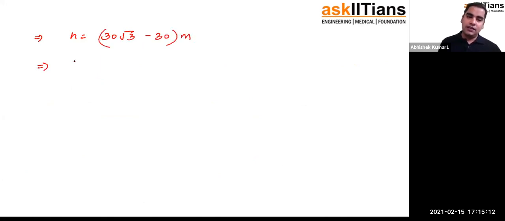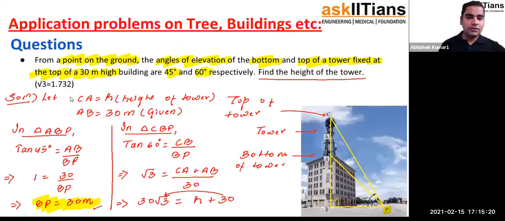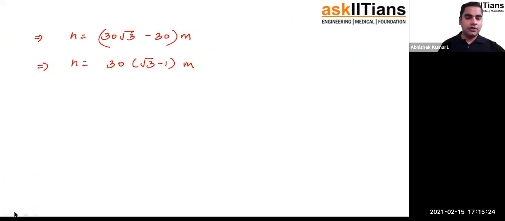You can take 30 common. If you take 30 common, you will get root 3 minus 1 meters inside the bracket, right? The value of root 3 which you have to use is 1.732. So I'm going to put it here. So I'll be getting h is equal to 30 multiplied by 1.732 minus 1 meters. So I'll be getting 30 into